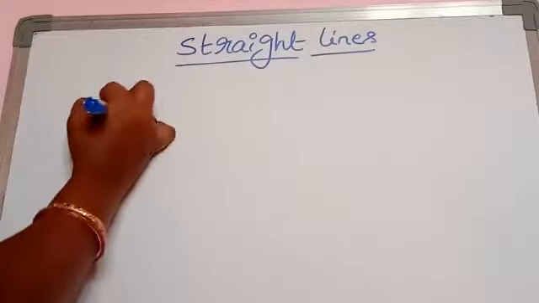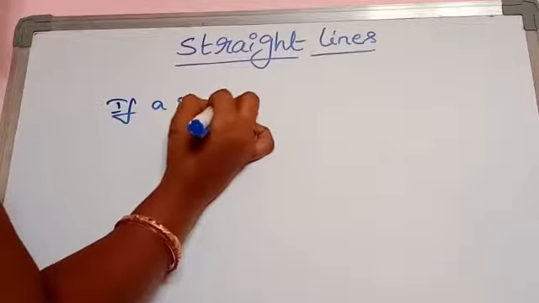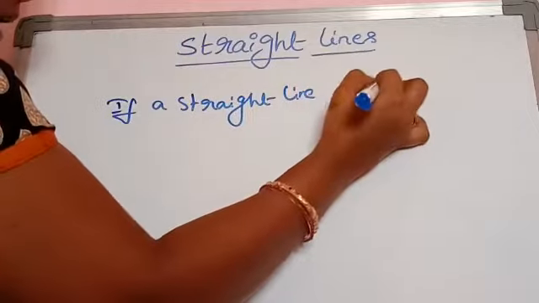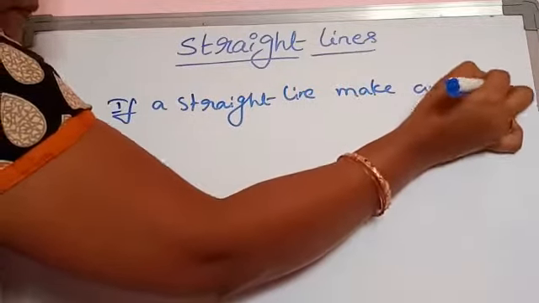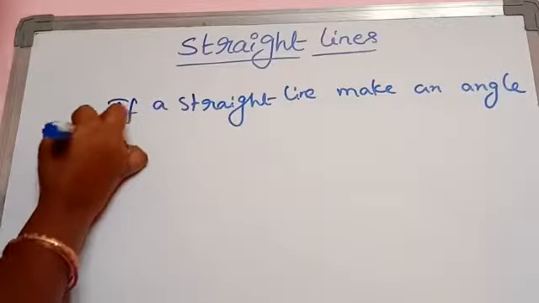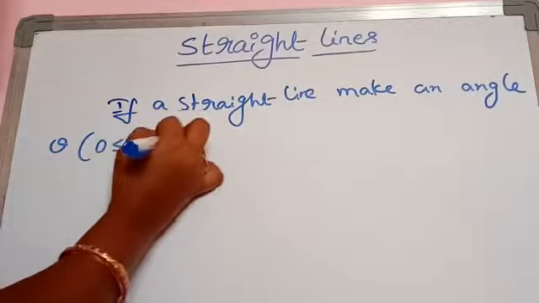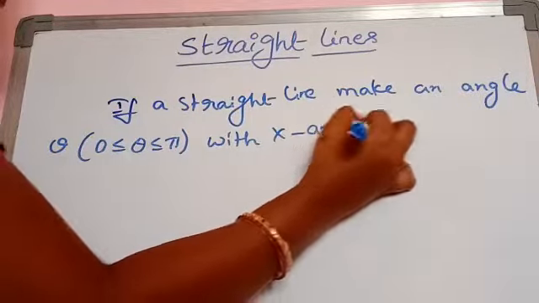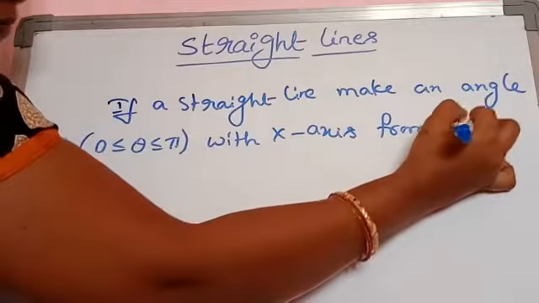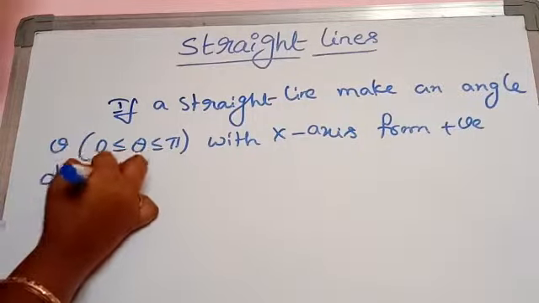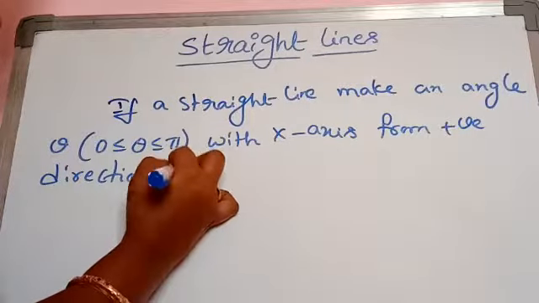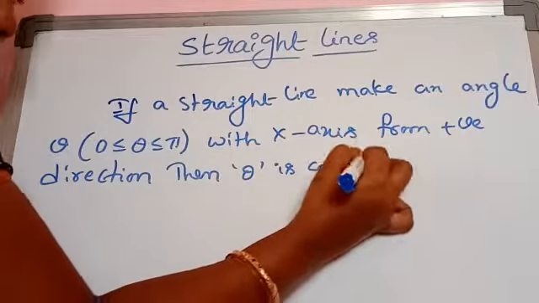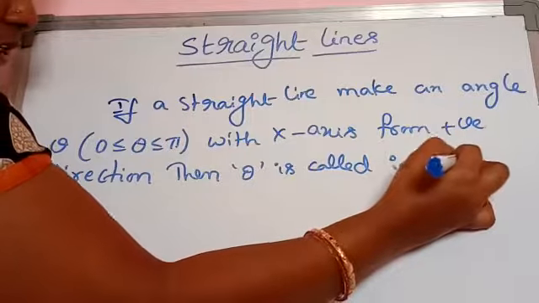First of all, if a straight line makes an angle theta, where theta is between 0 and pi, with the x-axis from the positive direction, then this theta is called the inclination